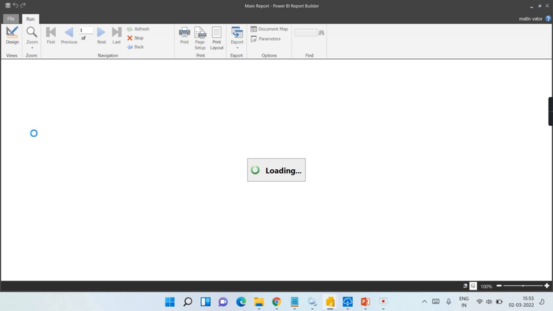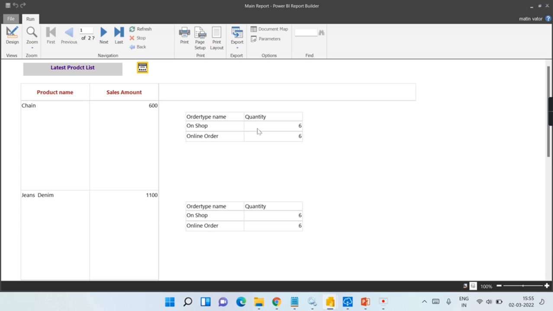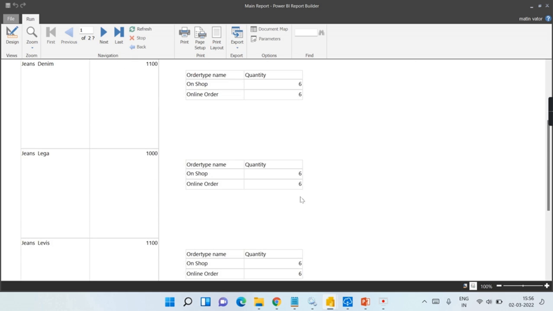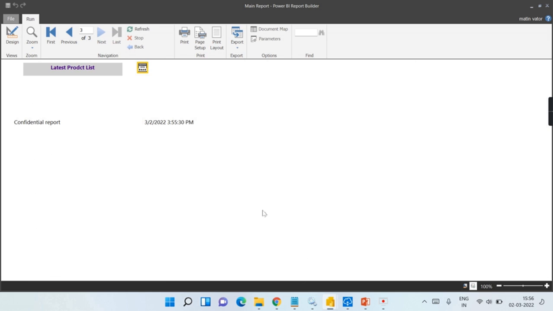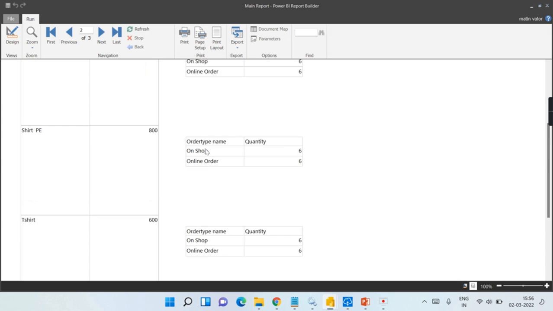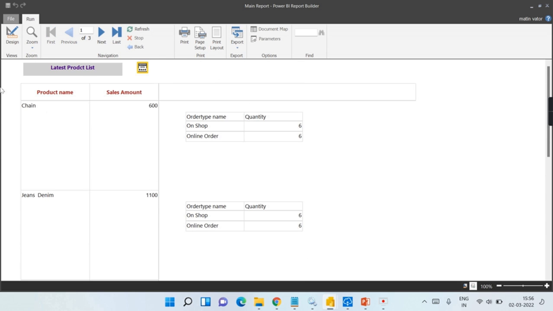For each row, the respective product name is passed, so the table also will be filtered. That sub report also will be filtered. These are the different scenarios you will use your sub reports. Let us wait for the output, how it behaves. Now you can see chain is 6 and I think for everything it is passed as